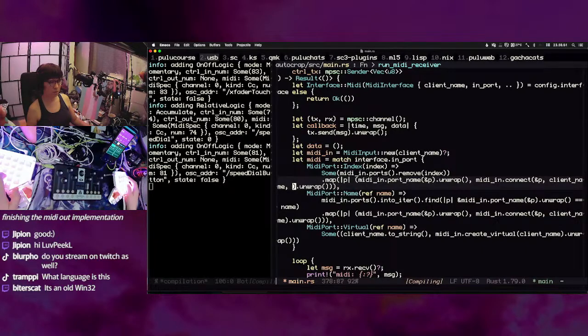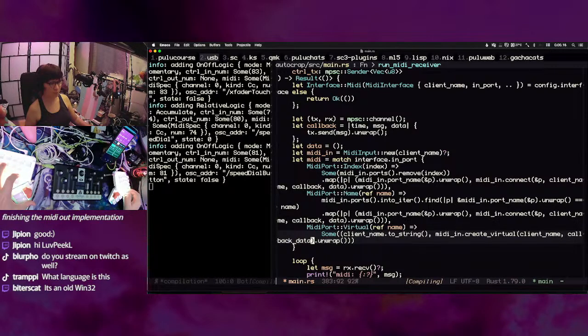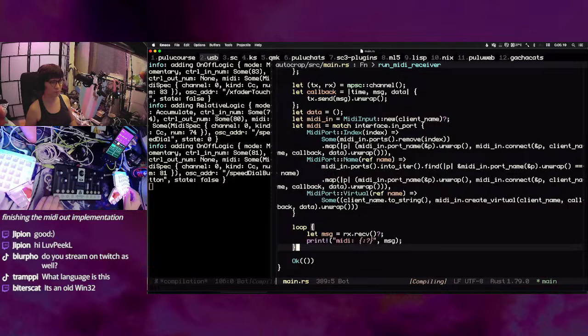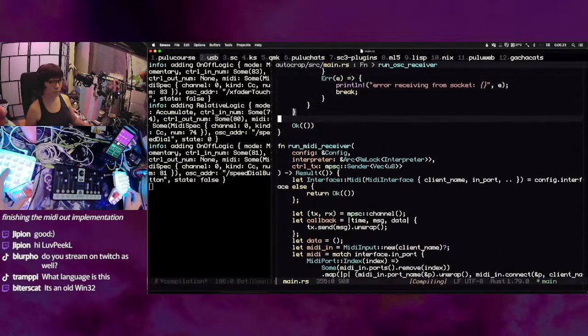Connect. Callback data. Oops, wrong place. Connect is here. And then create virtual, callback data. Okay. So now we have our run MIDI receiver method,